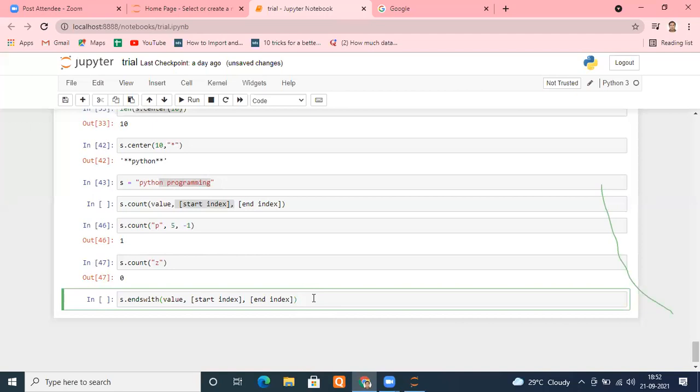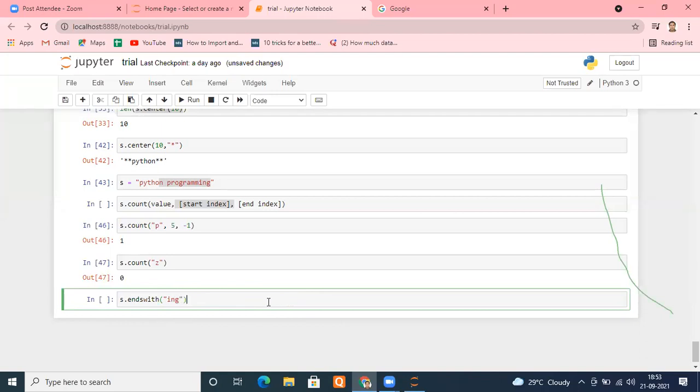So what it does, it returns true. Remember my words. It returns true if the string ends with a specified value. Whatever value you specify, if your string is ending with that one, it will result in true. Otherwise, it will return false. Example, let me check. My Python is ending with, again, option is there. You want to use a single character or multiple characters, entirely up to you. So suppose I want to check, is it ending with ing? I can use a single letter also. I can remove that. It's an optional parameter.